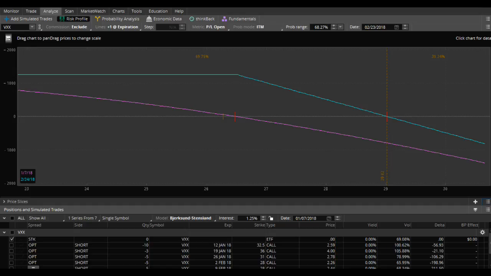So not a lot here. You can see our break even all the way up at 29.02, and the security's currently trading at 26.30. And so as long as it ends below 29.02 by expiration, we'll make money on this trade. It's likely we'll see it somewhere down in this area